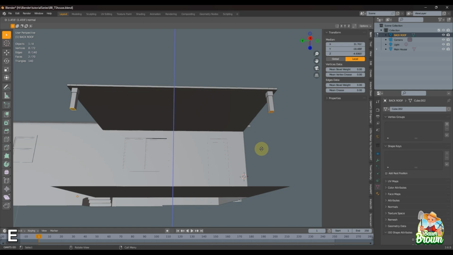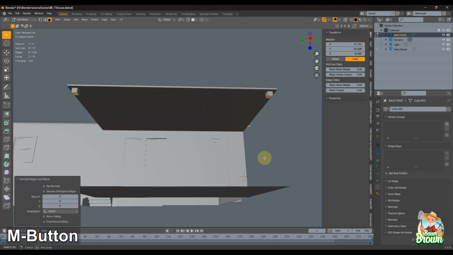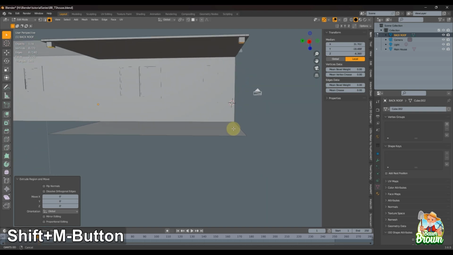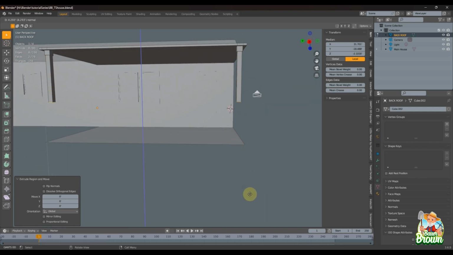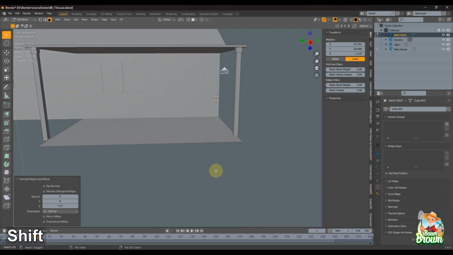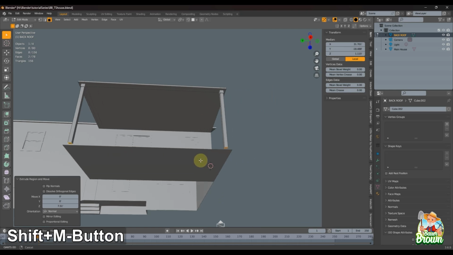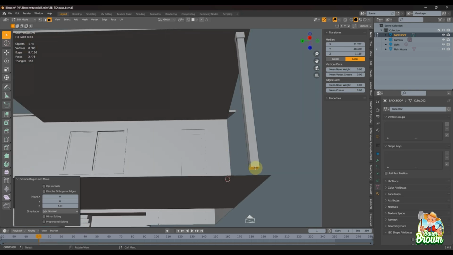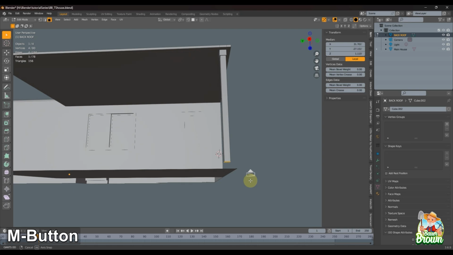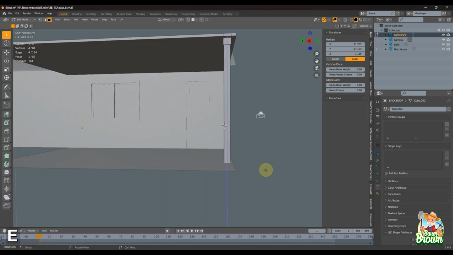All right, so now we can bring this down a little bit. Yeah, it doesn't look too bad, I guess, right? Oops. I just want a better angle so I can see what I'm doing here. So let's bring that down. All right, now the only problem here is that inset is not going to work anymore. I mean, it'll work, but I don't want to go further in. I want to come back out again, and that's where I would use ES. All right, so what I would do here is I would do them individually, but I would take note of how far I'm scaling, right? So I would ES,